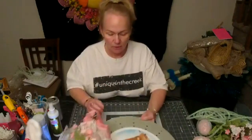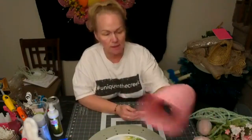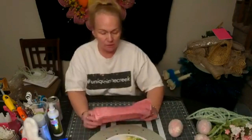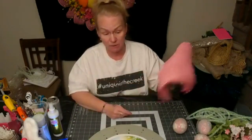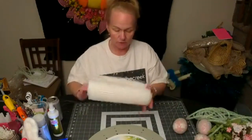But anyways, we're going to do this wreath. And what I'm going to be using is some pink poly burlap. And I did use the bag sealer on this. So you guys have seen enough videos now that you know how to use the bag sealer. It does work really well on poly burlap, and I hate poly burlap, but I had pink, so I just had some left. And I'm going to be using this,